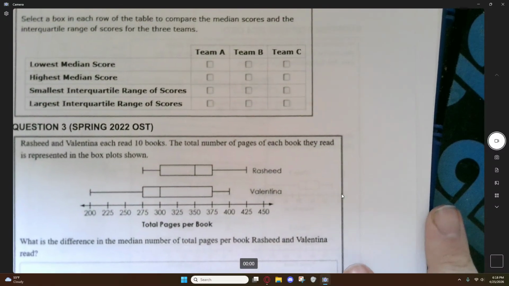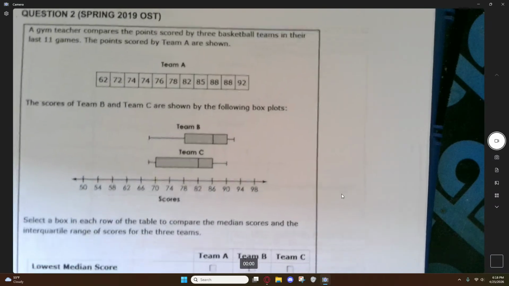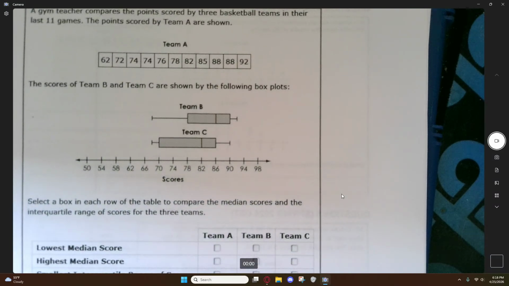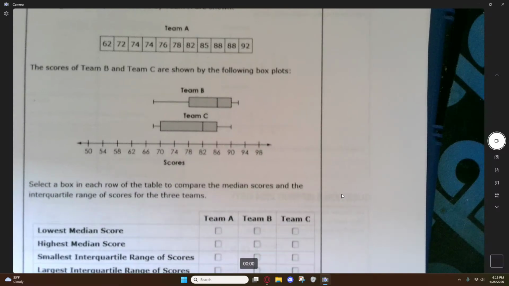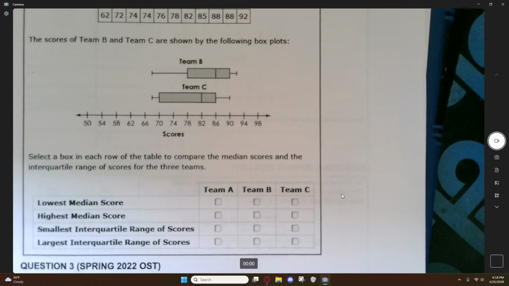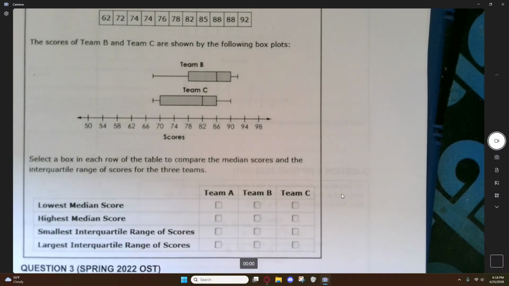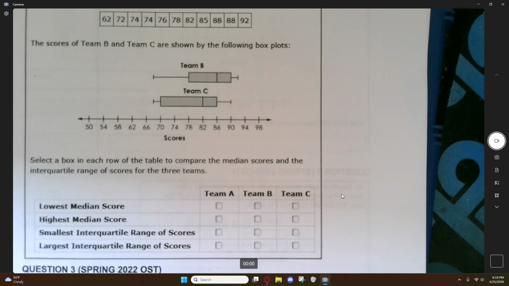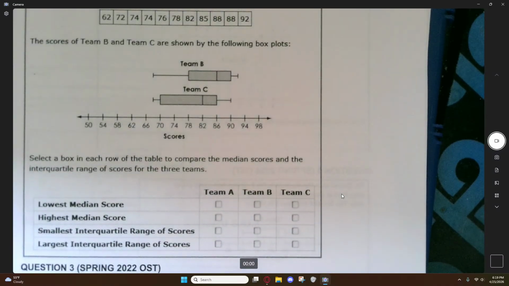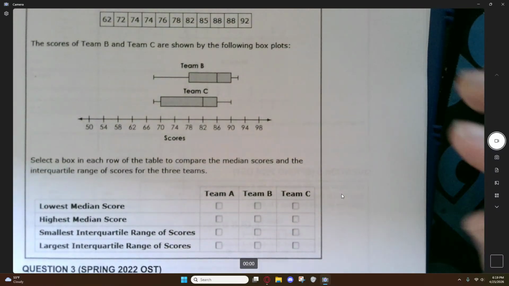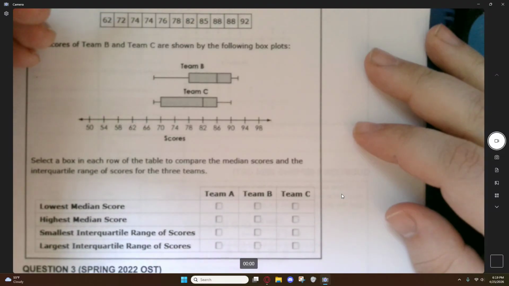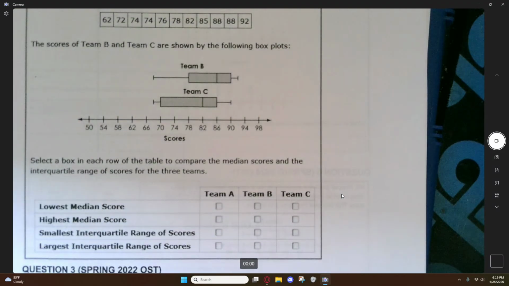Question 2. A gym teacher compares the points scored by 3 basketball teams in their last 11 games. The points scored by Team A are shown. The scores of Team B and Team C are shown by the following box plots. Okay, select a box in each row of the table to compare the median scores and the interquartile ranges of each score. All right, so